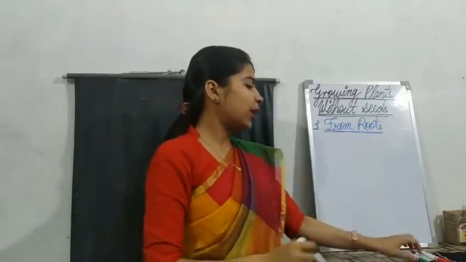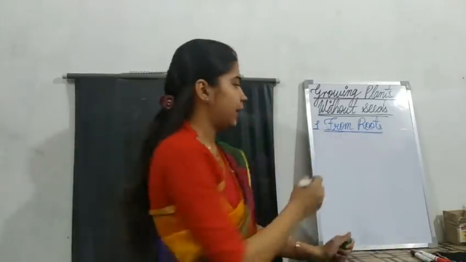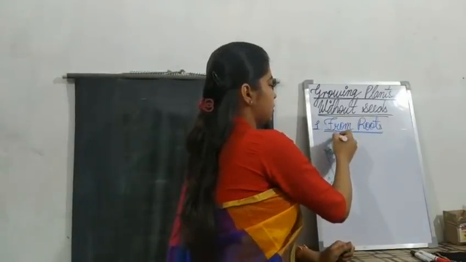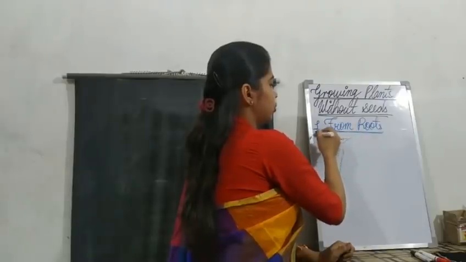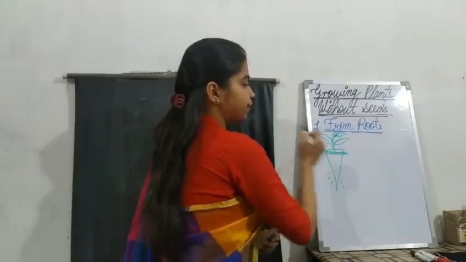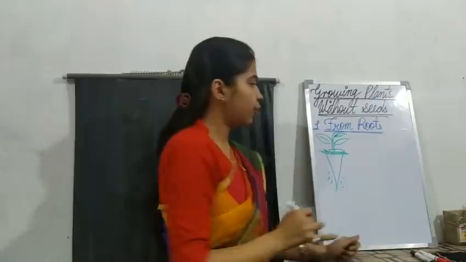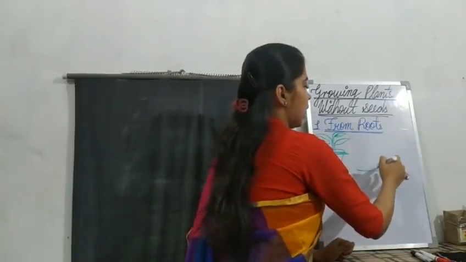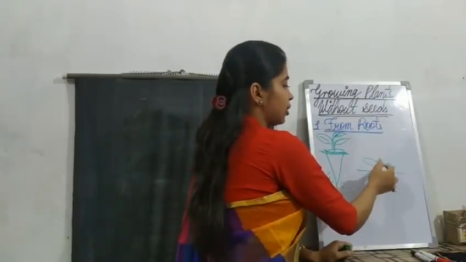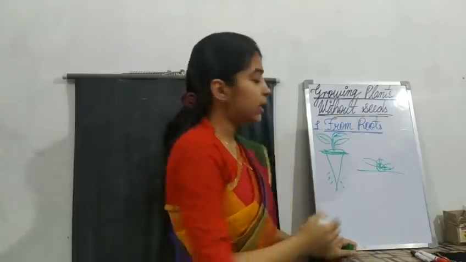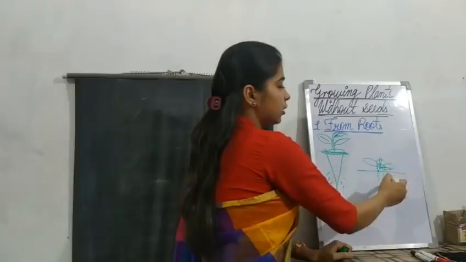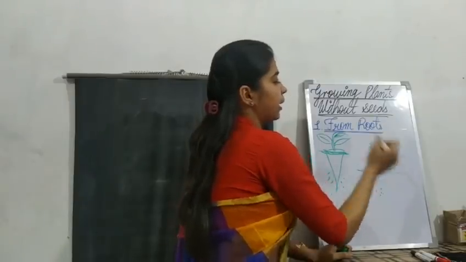See, if you cut the top portion of the carrot, carrot is of this shape, and it has a leafy portion on the top. If you cut this portion and put it into the soil, only the top portion, what will happen? This is the leafy portion that you have put into the soil. What you will see is that this will grow in the downward direction and a complete carrot will come out of it.